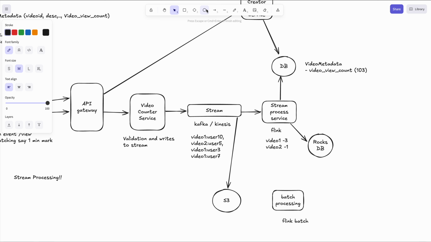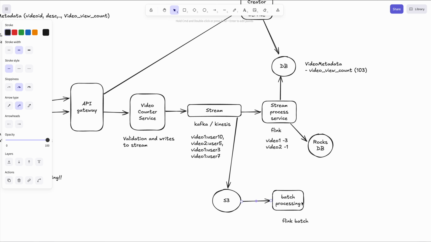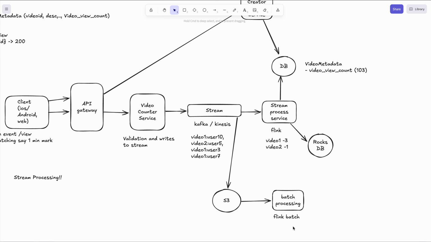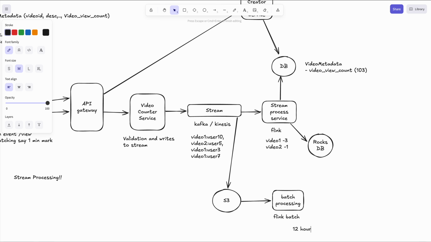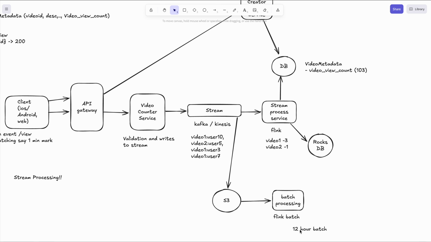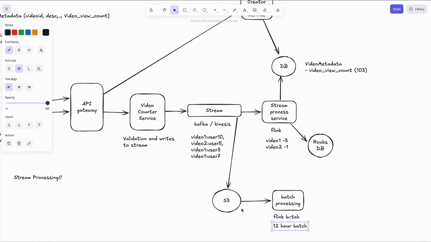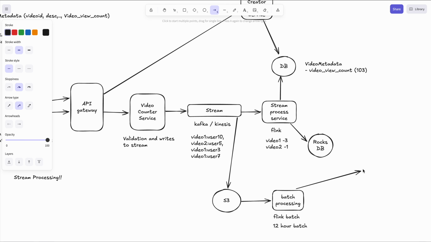and this Flink batch would read from S3 on a particular window. This could be configured to, say, a 12-hour window or something. So a 12-hour batch. This particular service would run every 12 hours, read all of the events emitted, and maintain a count on its own. If we use Flink, it would use RocksDB, and it would maintain a count of all the videos and views in that 12 hours, and then it would go to the DB and